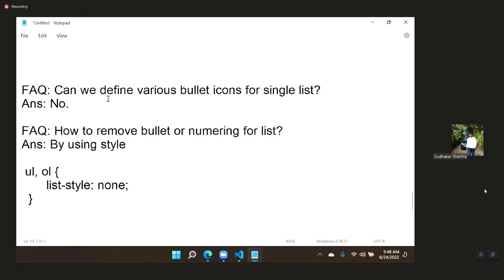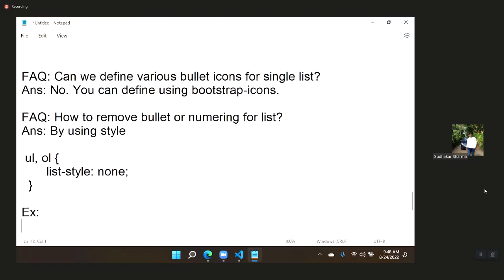Can we define various bullet icons for a single list? No, it's not possible. So you can define them using Bootstrap icons. By using Bootstrap icons, it is possible. So how is it possible? The example is this. By using Bootstrap icons, we can define it, and for that,